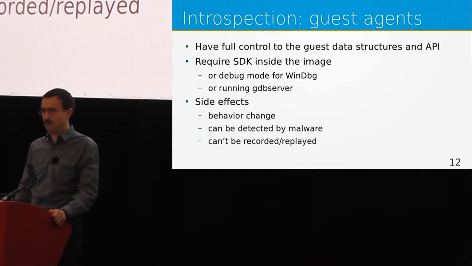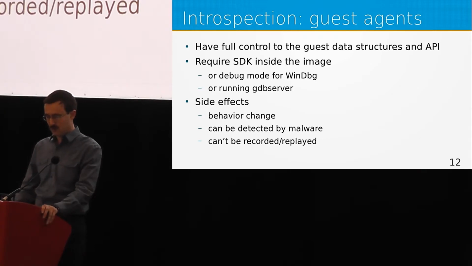There are several approaches to introspection. The first one is embedding guest code, which reads required information from the system, requested from the kernel or something like that. This is similar to running GDB or WinDbg server inside the machine. This approach is rather good, but it can't be used when, for example, you have some custom kernel without SDK to build a guest